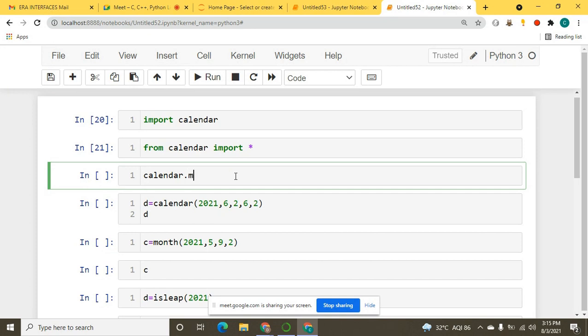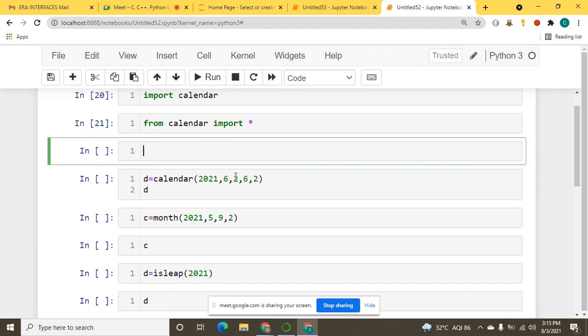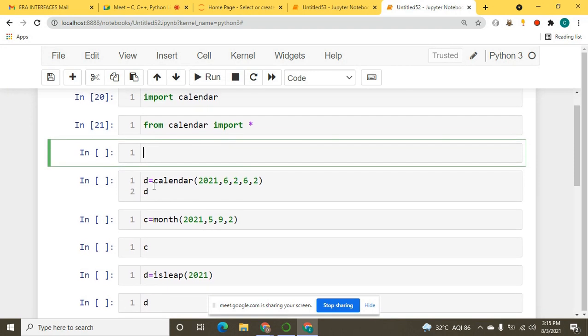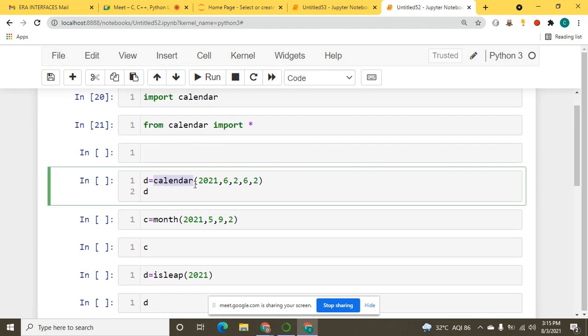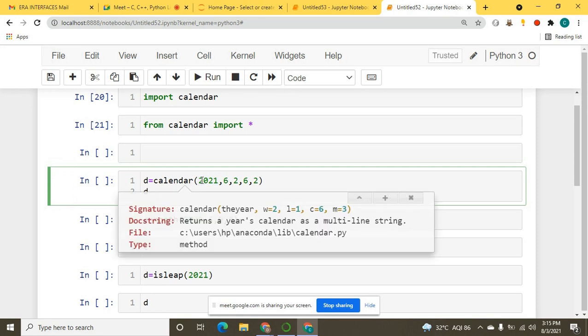Sometimes this tab won't work. Okay, let it be. Sometimes it actually creates a problem. Okay, fine. So I'm using the calendar function of this calendar module. I want the calendar of this year. Let me show you the arguments here.